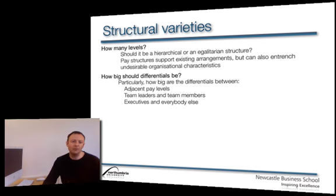The final area where differentials have typically been seen as important are the differences between the bottom and the top, but particularly between people at the very top and everybody else. Are executives paid enormous amounts more than everybody else? Does this create a problem in the culture of the organisation? Is it necessary to attract people at that level of the quality that's desired, or does it just create a bad dynamic within the organisation? So another kind of tricky question